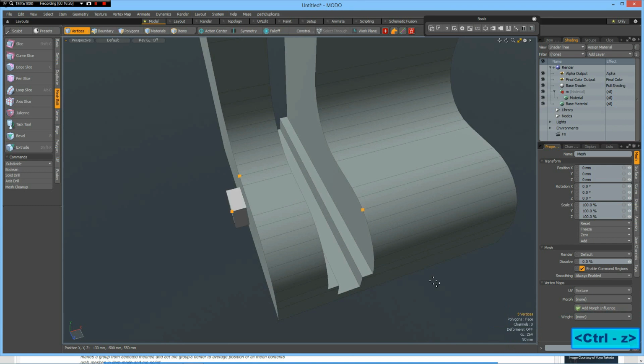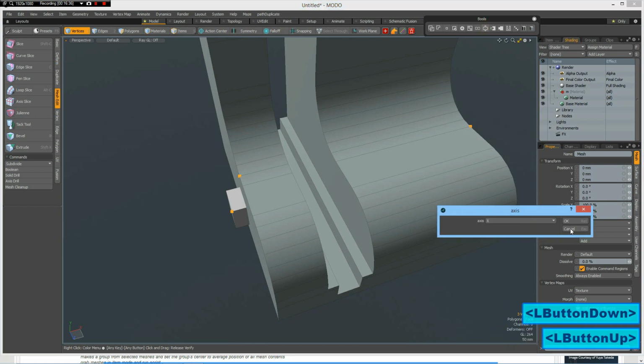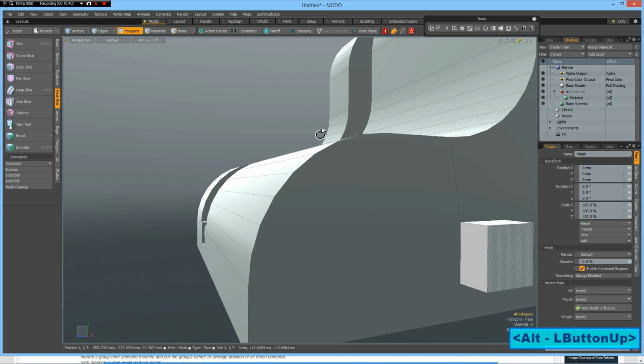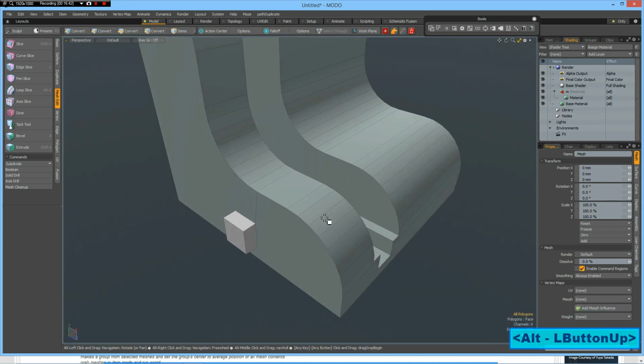Control Z, and if I would select this here and make a boolean union or a symmetric union, X-axis again, now we have a union on this side. Okay, undo it,